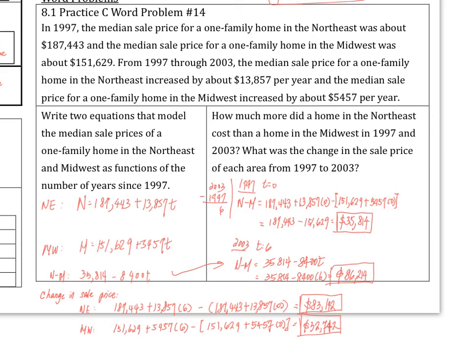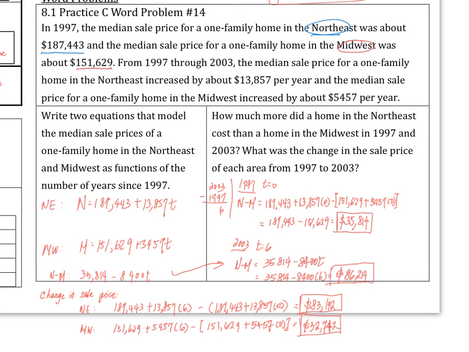Okay, for this word problem, I worked out the work for you because there's a lot of steps, though the calculation is really simple. The important thing is just to really understand what the word problem is saying. In 1997, the median sale price for a one-family home in the Northeast was about $187,443. And the median sale price for a one-family home in the Midwest was about